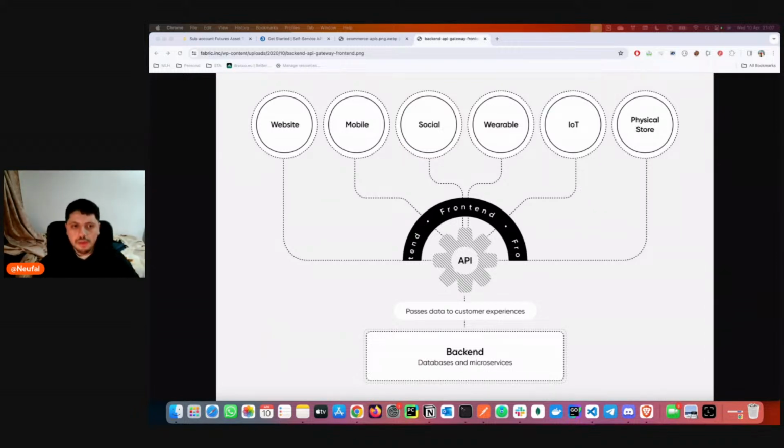Okay, so let's go. First of all, let's see how an API would work in a real world application. So this, for example, you can see on the screen. Just ignore the huge tab here with a bunch of useless things.